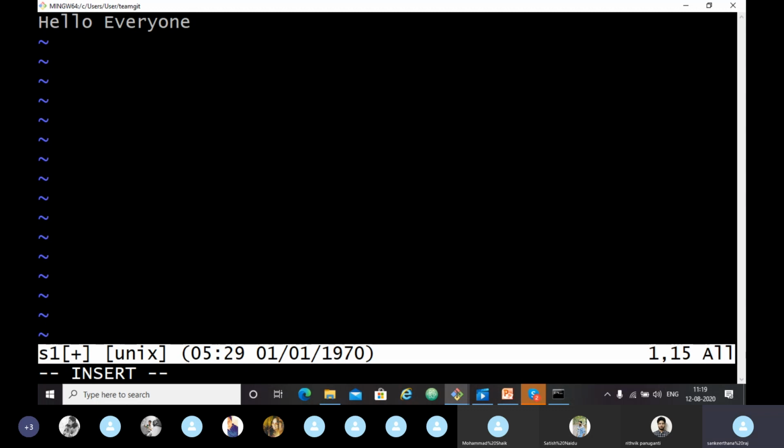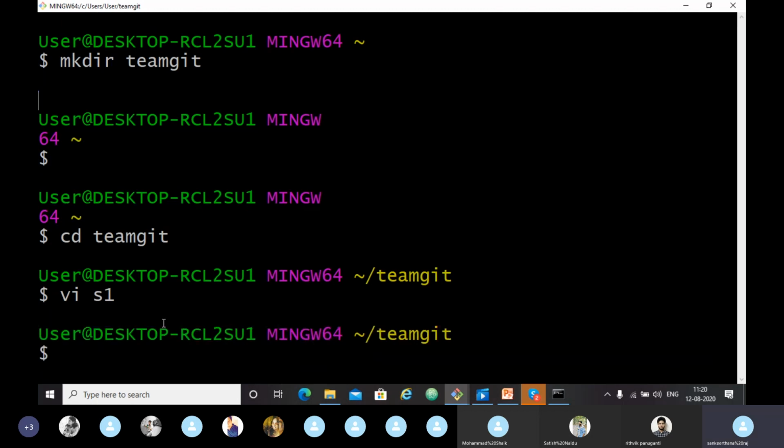To save, we have to press escape again, which means we are leaving insert mode. Now we just have to type :w, which saves the file. After this, again you have to type :x, which means we are exiting our file. Okay, guys, clear till now? Yes. Should I explain again? Okay, let's continue.